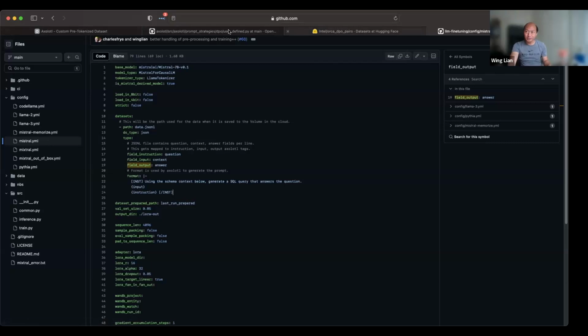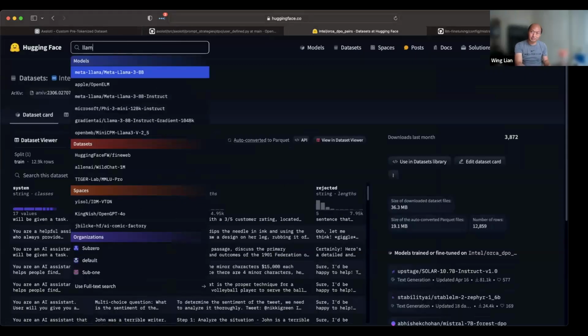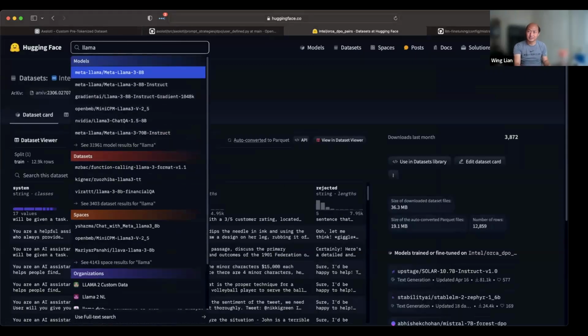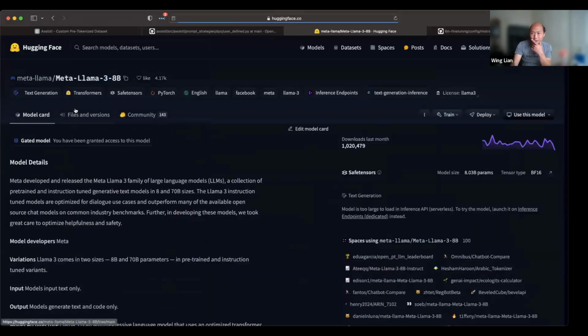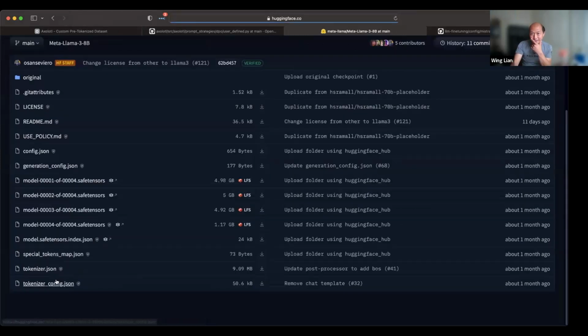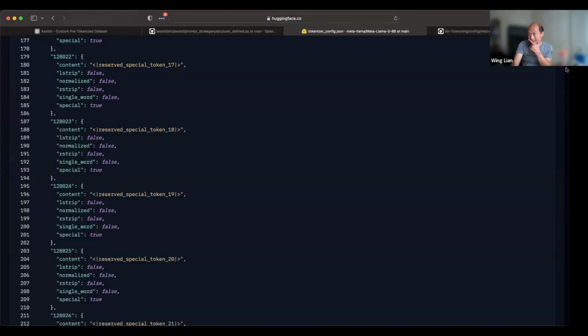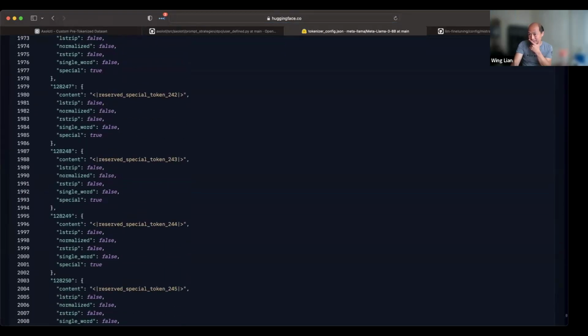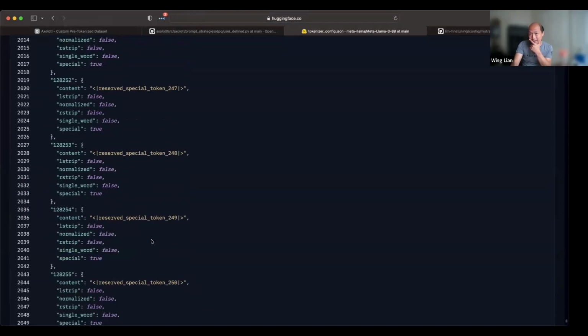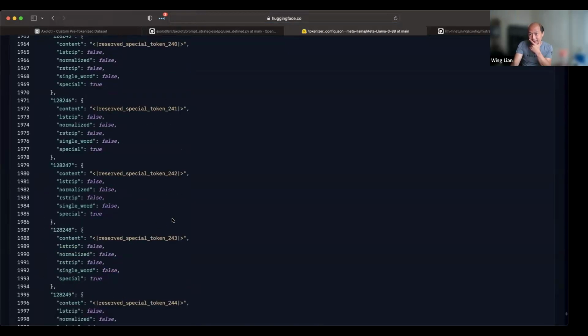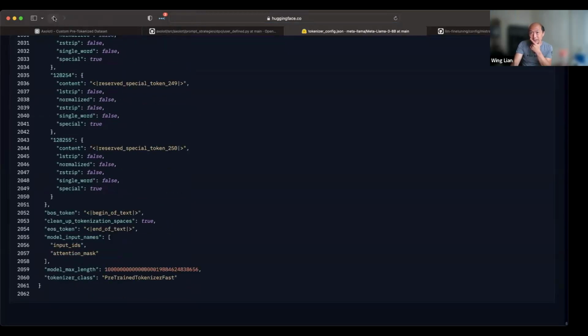So if you look at Llama, and take a look at the tokenizer config here, did they add a chat template here? They didn't have one here.